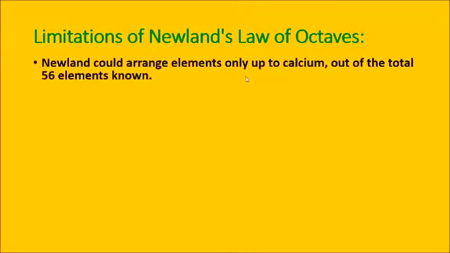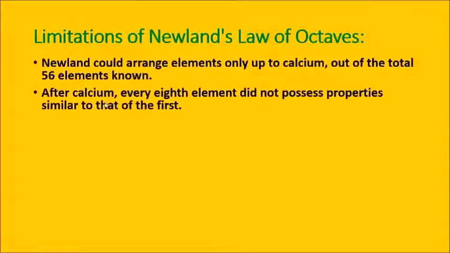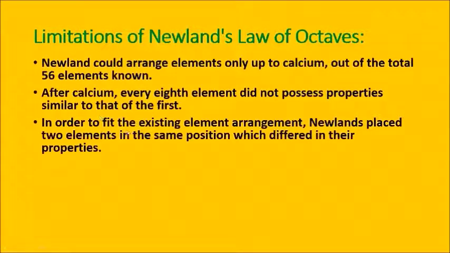Newland could arrange only up to calcium, when there were 56 elements known. After calcium, every eighth element did not possess properties similar to that of the first. So, in order to fit the existing elements into the arrangement, Newland placed two elements in the same position, which